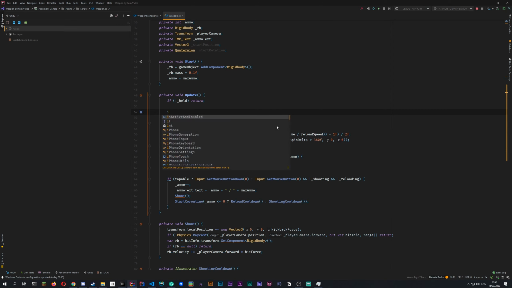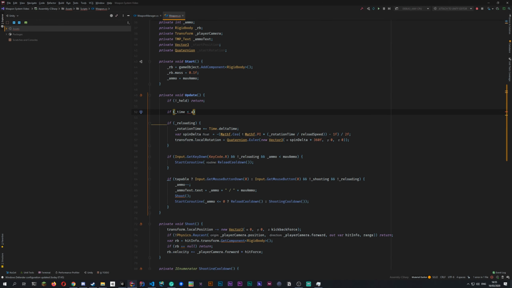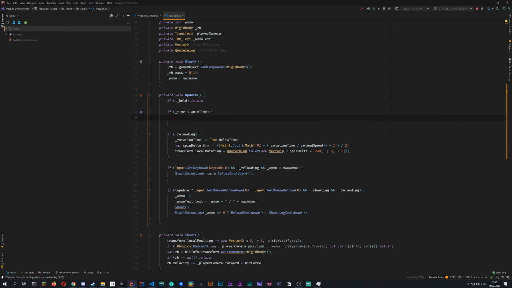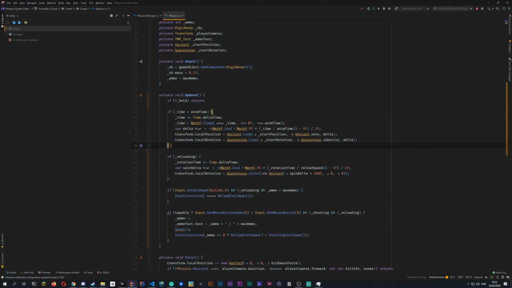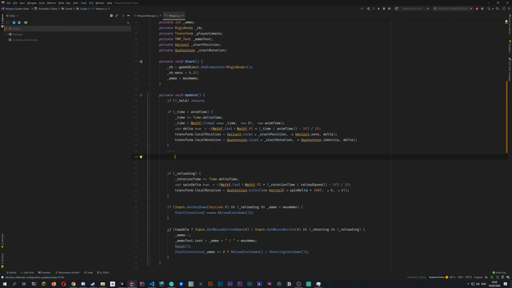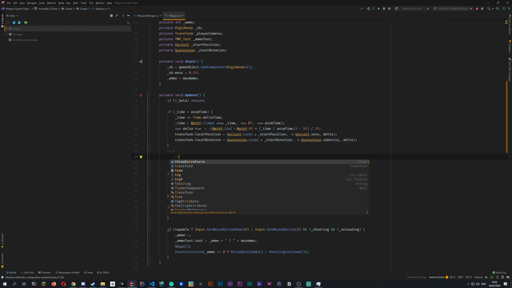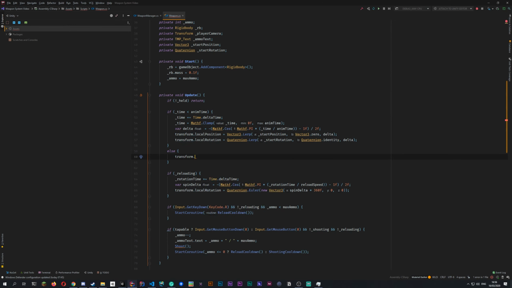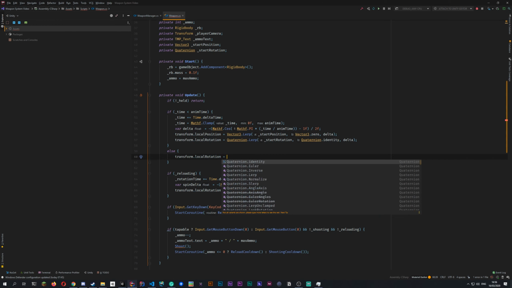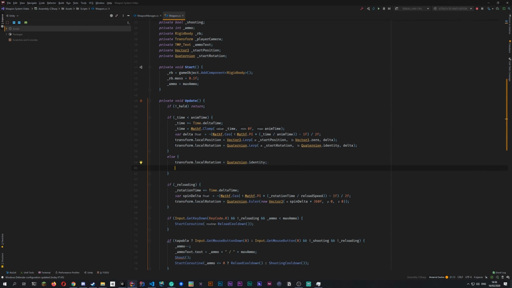cut it, write if time is less than animation time, then we can run this. But if not, we want to set the transform.localRotation to identity, like that. And then we want to add scoping. And then we want to add